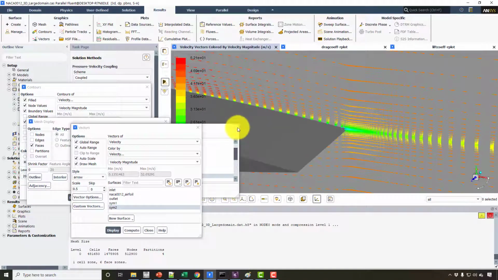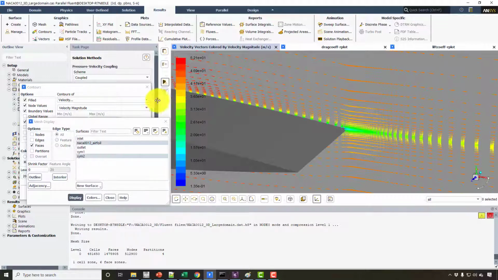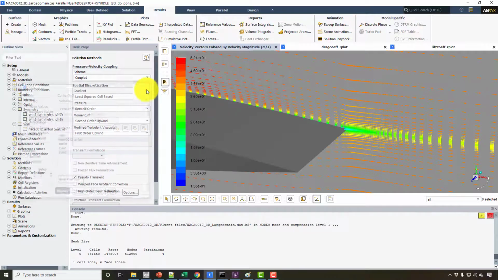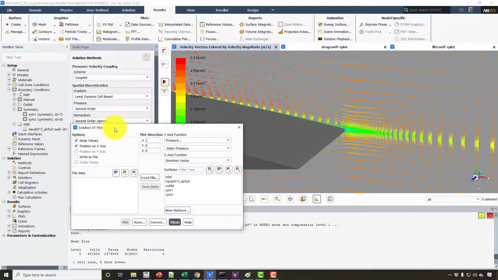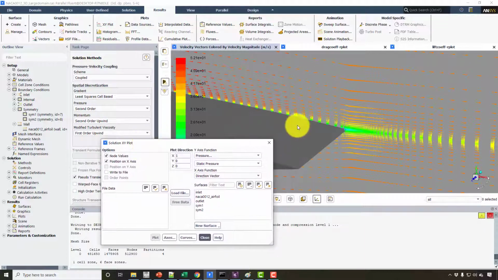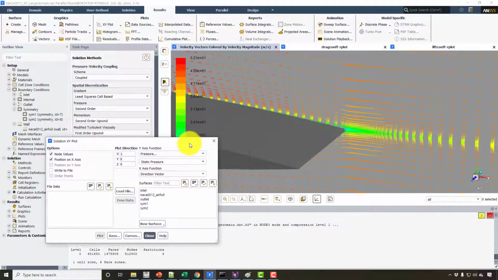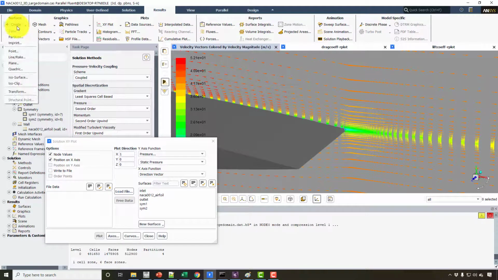And you can also plot the XY graphs here. For example, you can plot the CP plot, and for the CP plot I will discuss that in the coming videos. But for the time being, I can explain the method of how you can get, first of all, one curve on the aerofoil, because in the 2D case the aerofoil is already in curve form.